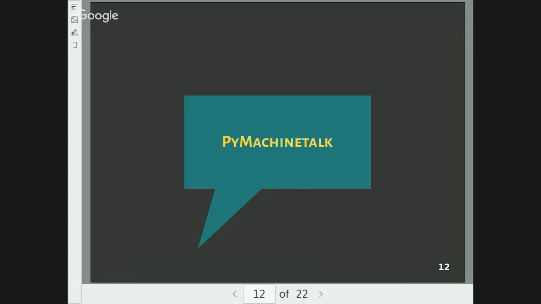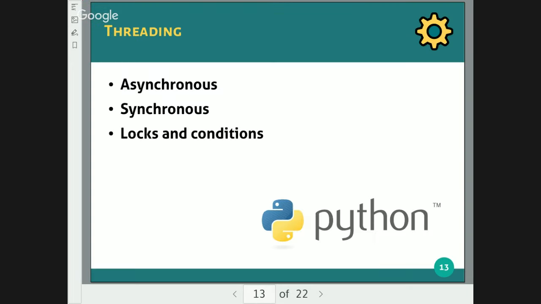Okay. So quickly to Python Machinetalk itself. It uses Python threading, so it works mostly asynchronously, meaning that it's not like a typical Python application workflow where you can, let's say, create a component, set a pin, and so on. You have to keep in mind that it's completely asynchronous, since we cannot expect that the instance is already connected and so on.